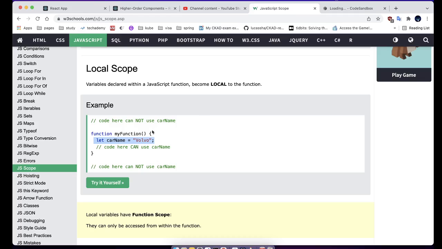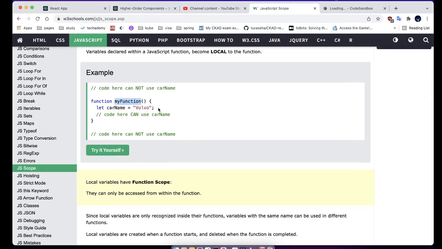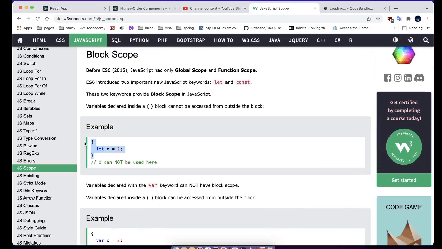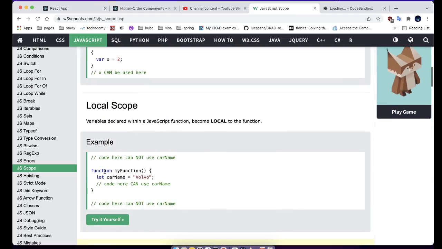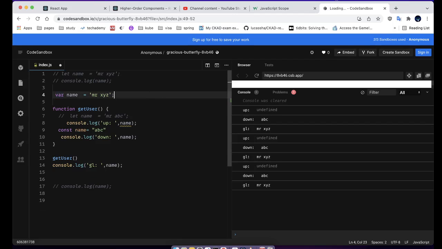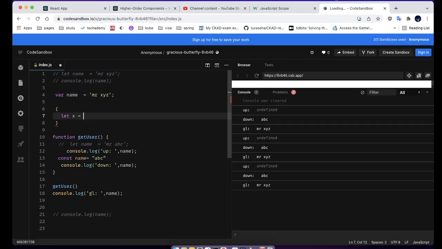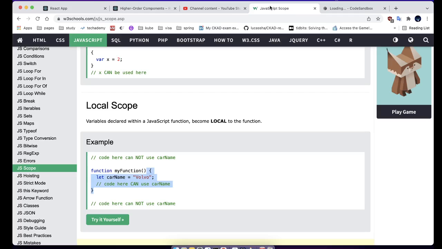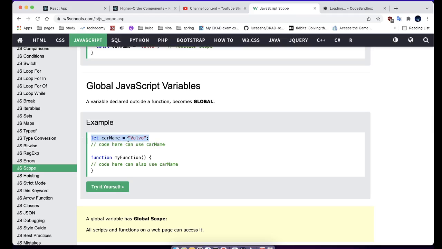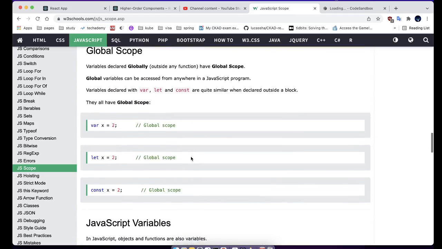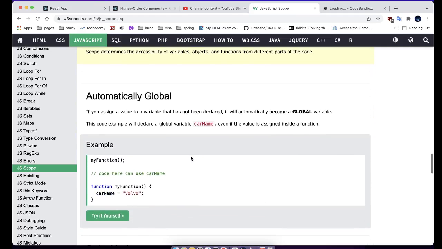Anything declared at the function level is a local, so we can call it local scope. However, this is a block scope, which is declared inside the curly braces, while the function level is a function scope, which can be defined in two ways. If you define x equal to 10, this will refer to this block only, instead of referring to a global scope. And then the global one is this one, where we have this name, and then we can print it here as well. So in the global scope, we can